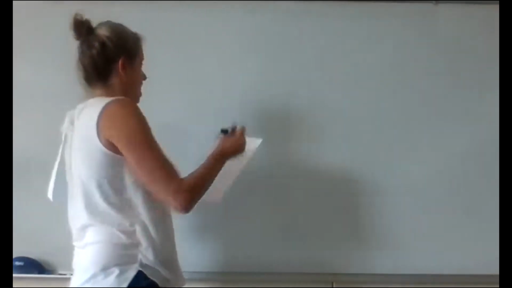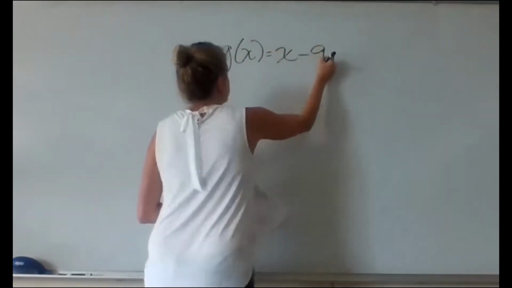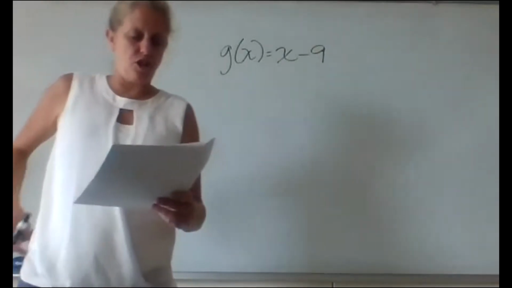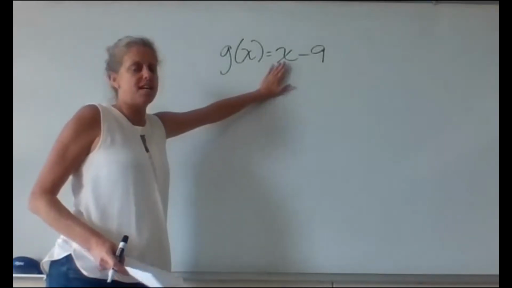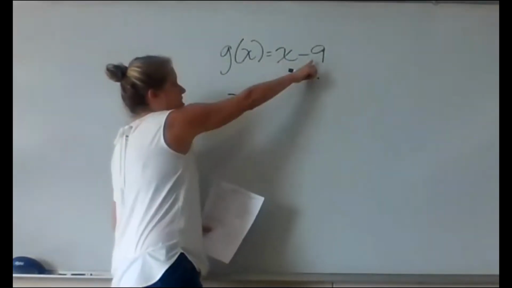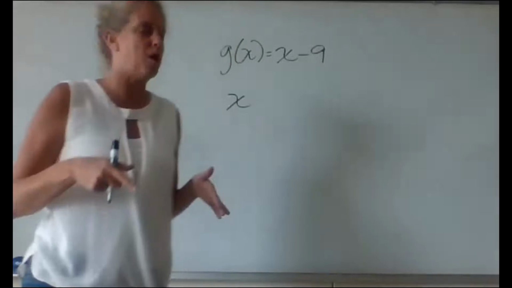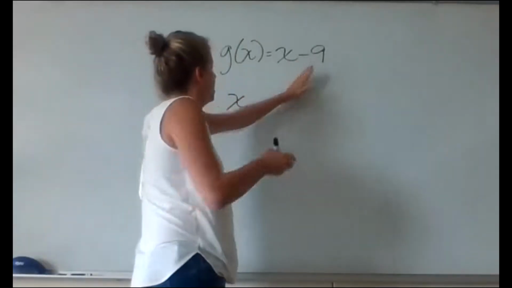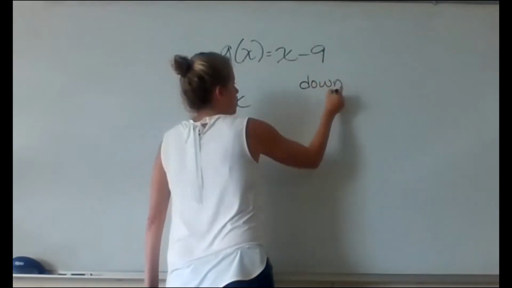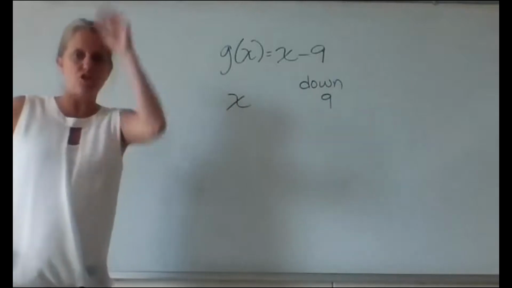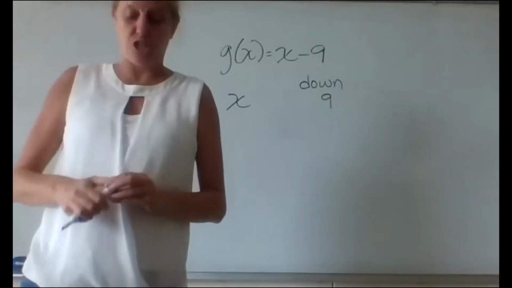You have g of x equals x minus 9. So you're going to start off with the graph of y equals x, right? Since it's just an x, you start with that. This is an outside number. If it was an inside number, it would be in parentheses or an absolute value bar or something like that. Since it's not, that's an outside number, which is going to shift this graph down 9, because outside numbers shift you up and down, and you go with the sign. So a minus 9 will shift you down